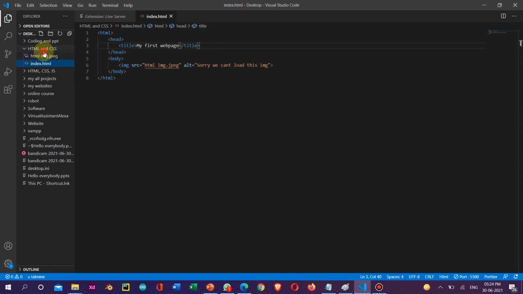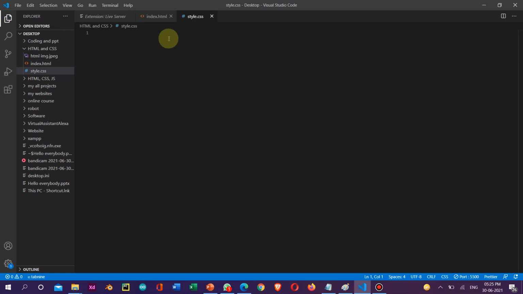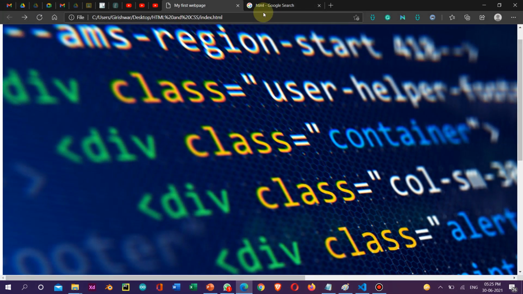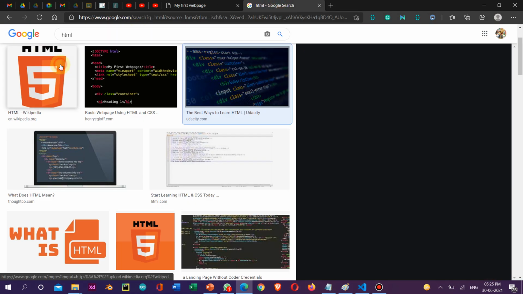What you should do is create another file like style.css, like .html, .css is also important. This hashtag is the symbol for CSS in VSC. In Atom the icon will be different, like the logo of CSS. Like for HTML, this